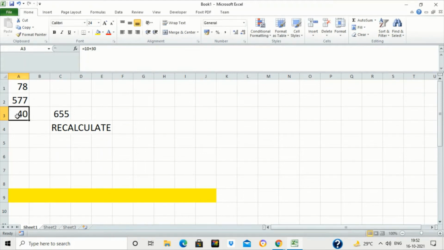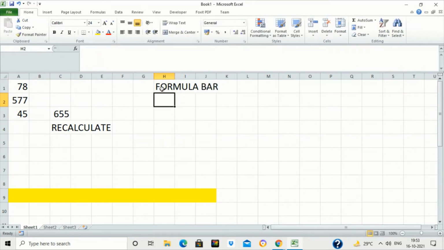And if you want to see what formula you have written in a cell, you can simply double click on the cell and you can see the formula. You can also make changes in the formula like this. Okay, and here if you want to see the formula, double click and it will show you the formula. There is also one more method of seeing the formula inside a cell, that is this bar. This is called the formula bar.